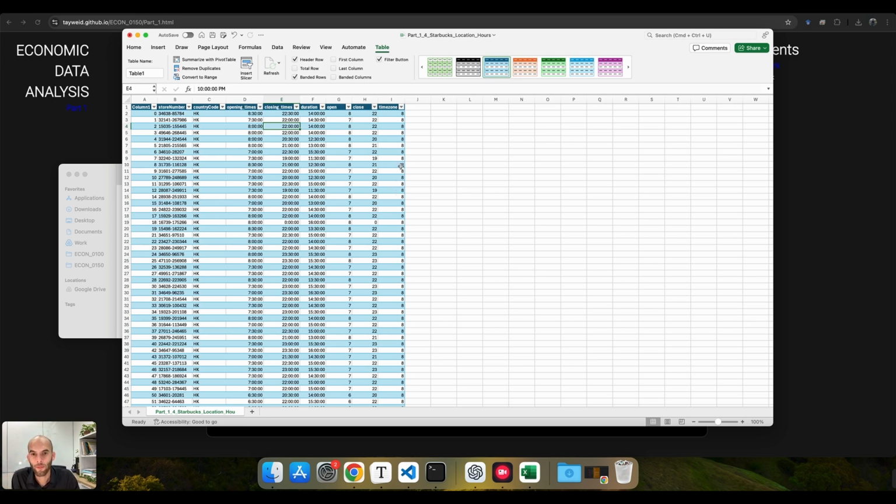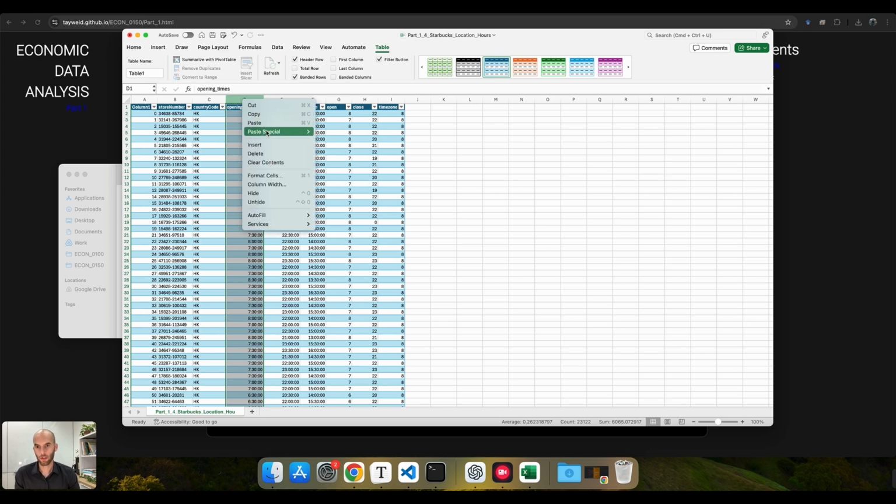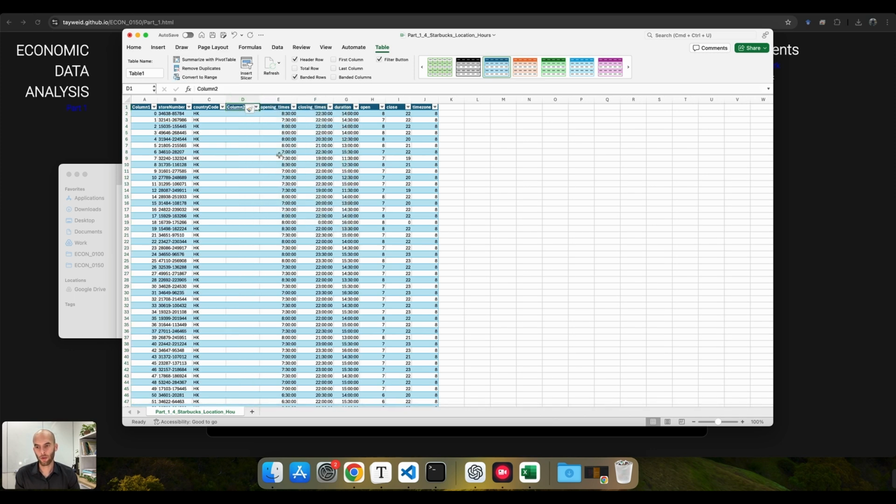Okay, so the first thing we're going to do is try to create a histogram of all of the opening times. You could create a histogram directly off of this, and we've done that in a past video, but it's a little clunky. It doesn't look good. So what we're going to do instead is hit Control, click, and then insert. That's going to insert a column to the left. And we're just going to rename this thing